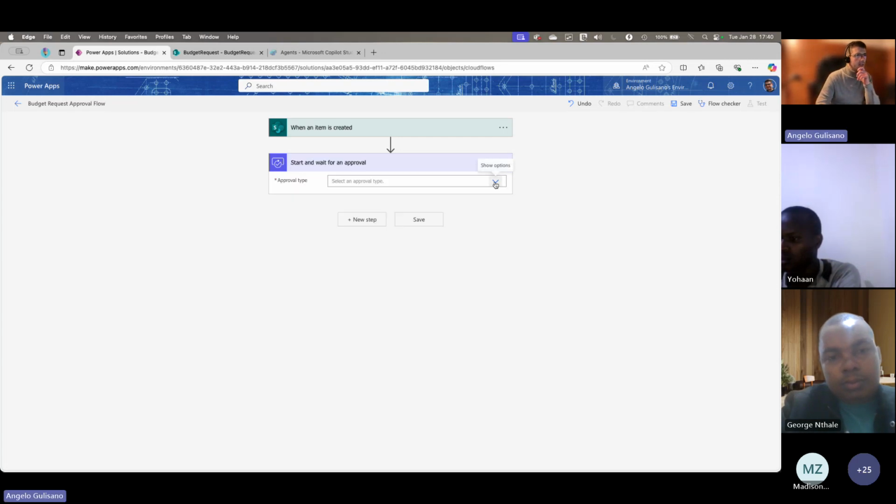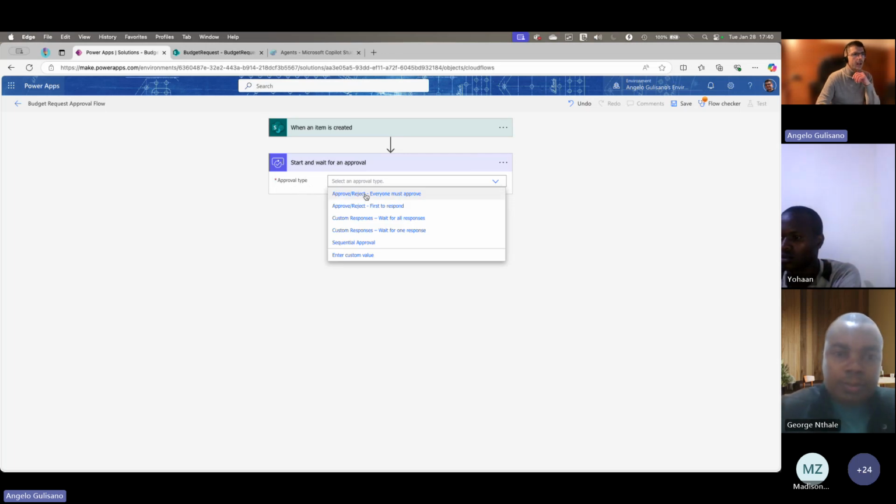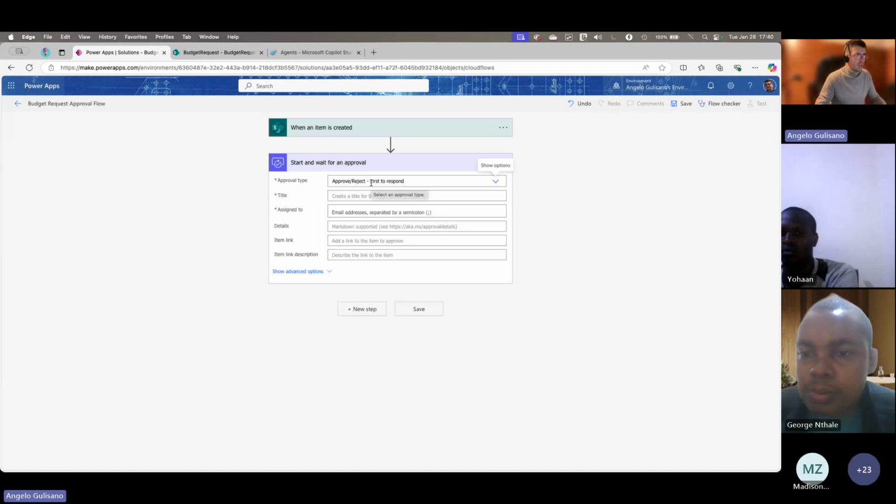In this case, we can select the approval type. You can basically have two options, approve and reject. So the flow asks with two buttons, approve and reject, and everyone must approve if you have a lot of approvers, or first to respond, or custom response if you want to wait for all responses, which have a custom button to approve or reject. In my case, first to respond, approve, reject, and we can go.